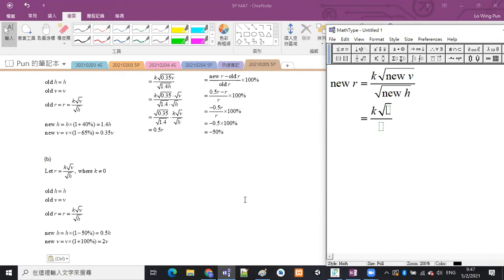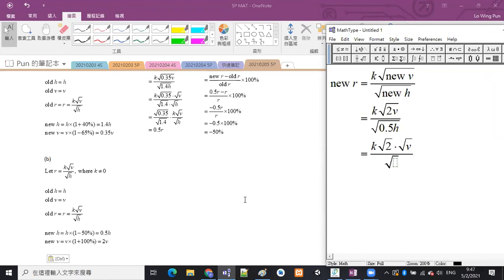So k times square root of 2v, and then new h is square root of 0.5 h. But actually the steps are exactly the same as part A, only the numbers are different. Okay, I hope you can see this. Again, we just split the square root into square root 2 times square root v, and